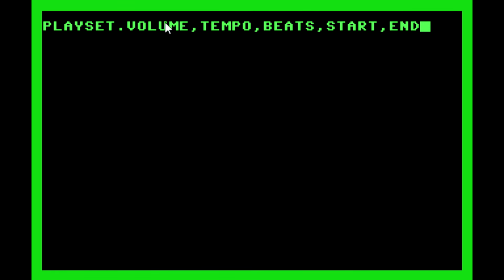And here you can set the volume, the tempo, the beats, and the start and end of where the music is to be stored in memory. And I'll go over that again here in a minute. And I'm going to paste in something with some values here so we can observe something a little bit better. Okay, the tempo and volume are accessible via the play command, but here you can also set the beats